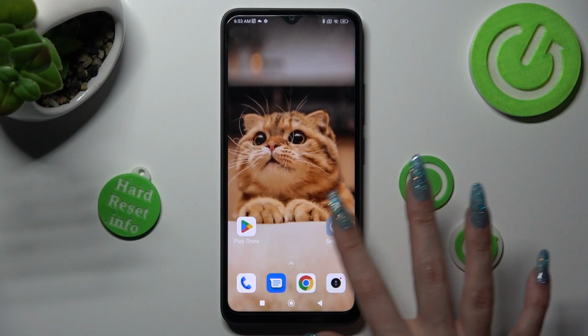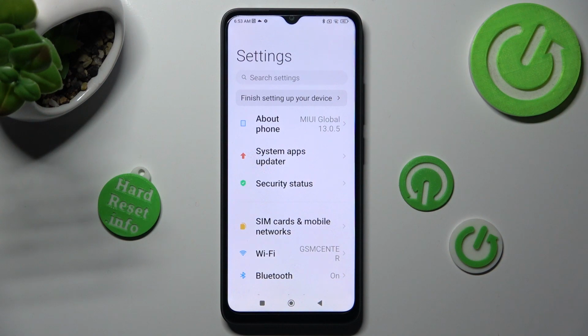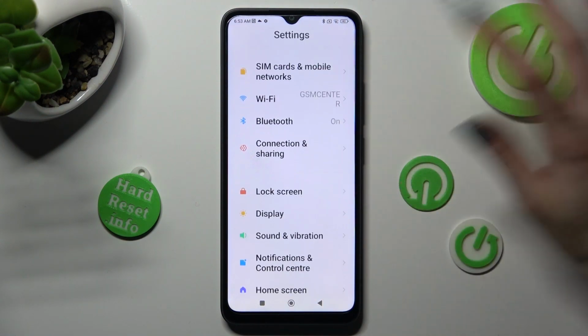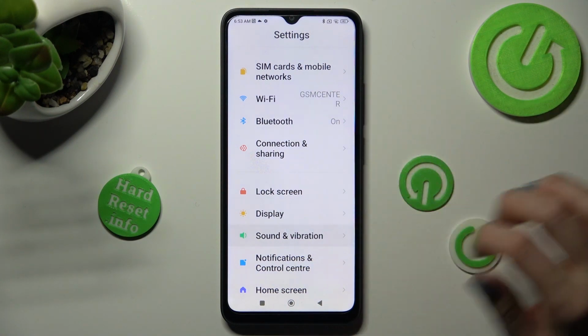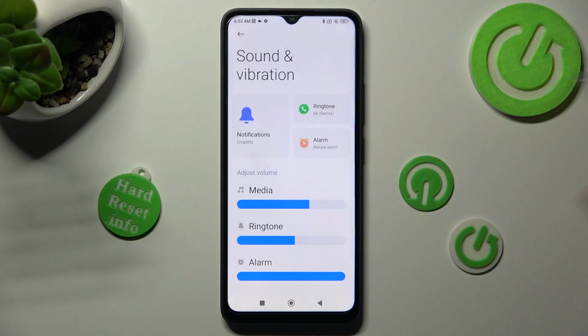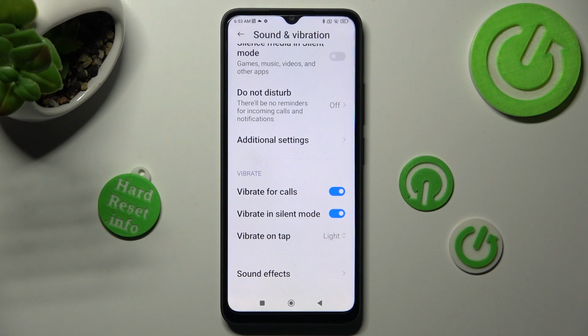First of all, go into Settings. Now scroll down just a bit and tap on Sound and Vibration. After that, scroll all the way down and tap on this switcher next to Vibrate Vocals to disable or enable